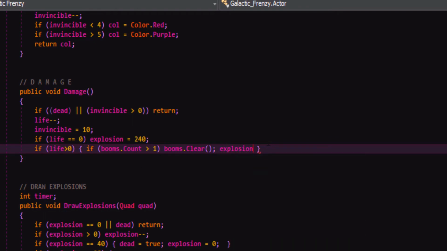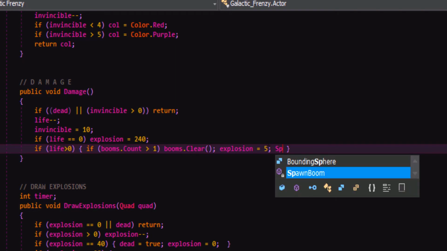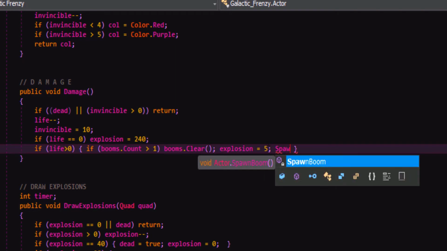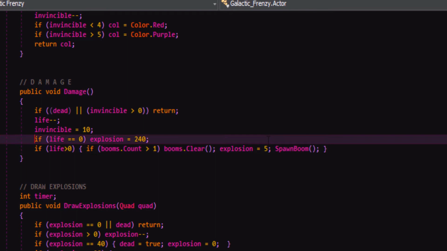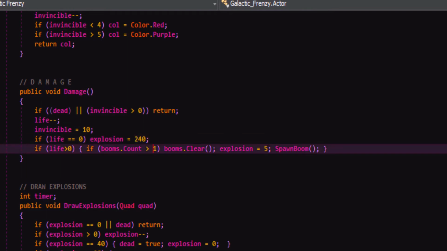So we'll say explosion value equals 5 maybe. So that's under 20. So this will be a very brief explosion, maybe yeah, 5 should be okay. So it might not even show all the frames. It might only show like the first frame or two. But that's okay because we just want a really brief kind of flash to indicate that something hit the ship. And we'll spawn a little puff of fire wherever the ship or enemy ship got hit.